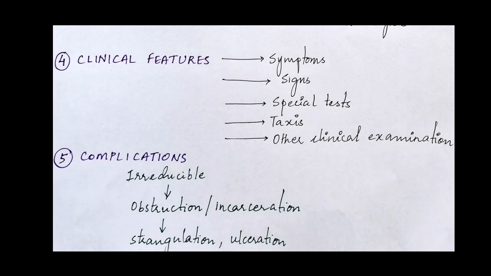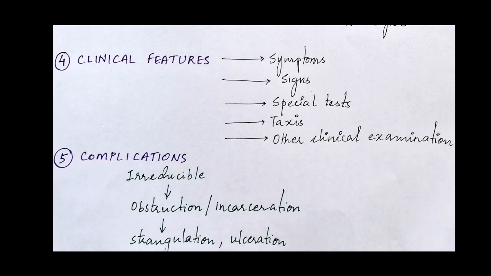So there are three special tests: the ring occlusion test, the Siemens test, and the finger invagination test. The third one you only need to know theoretically because it is very painful if you do it while examining the patient. So please look up this procedure in Das or any other textbook. And these are mainly to differentiate between direct and indirect hernia. Although this doesn't really affect the management, you still need to clinically differentiate.